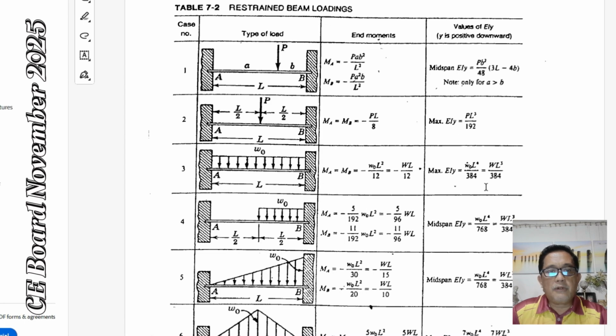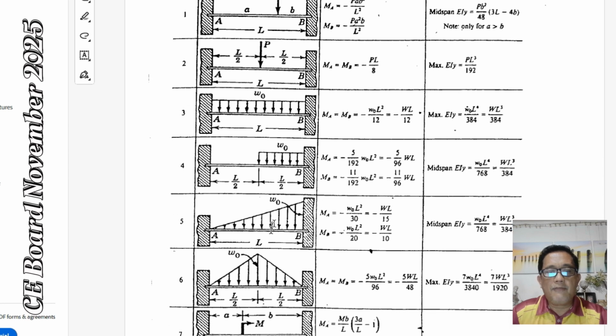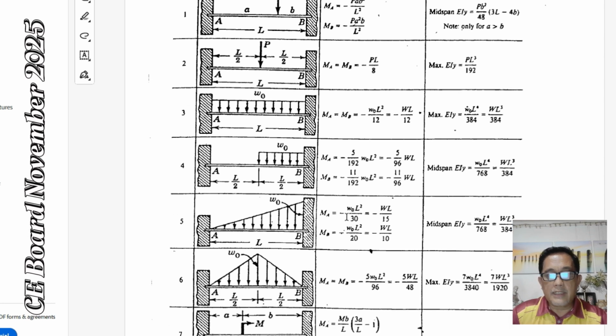These are the fixed end moments formulas for different cases. We'll be using case number 5. In this formula, we can see that it's negative W sub O L square over 30 and then MB is negative W sub O L square over 20. It's negative because